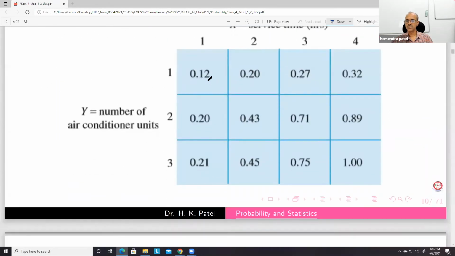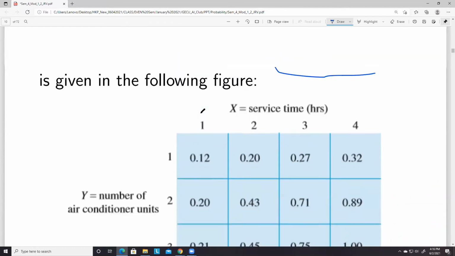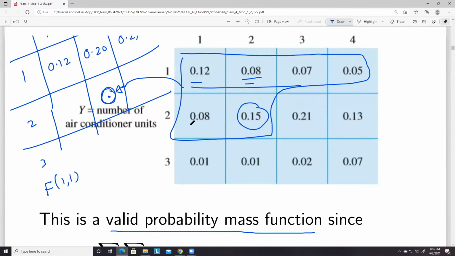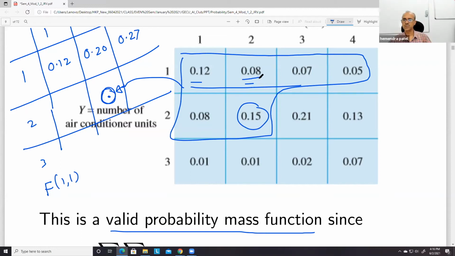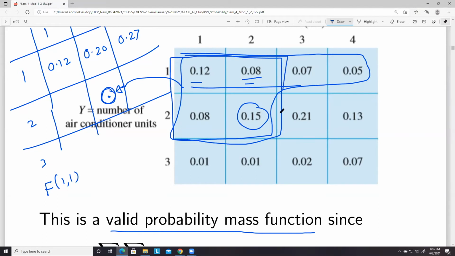You can see that 0.12, 0.20, 0. Sir, why those 6 values? It should always be a square, a rectangle or square only, no? So why 6 values did you take up here? It will come 0.12, 0.08, 0.08, and 0.15. Achha, this is just 2. Yeah, just 2. So not 6 values, in fact 4 values. So then what is the 6 value, sir? 4, 2.